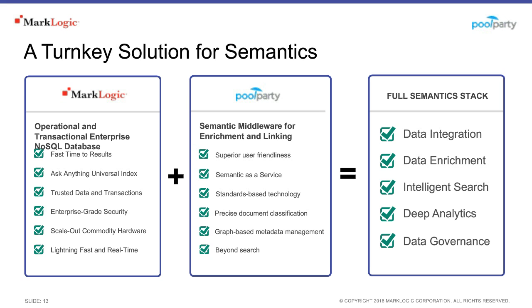So MarkLogic gives you fast time to results because you don't have to prepare all that data ahead of time. You can just pull it into MarkLogic. MarkLogic indexes everything up front. You can start querying it right away. You can query the triples with SPARQL. You can query the documents with JavaScript or XQuery. You can query the two together with a mixture of the two languages. So fast time to results, the Ask Anything Universal Index,